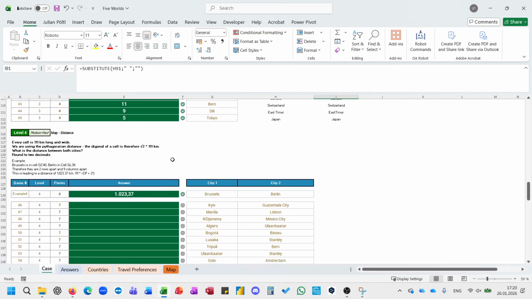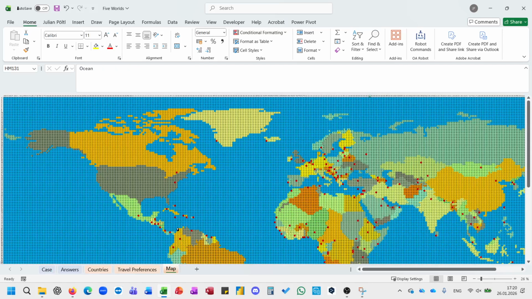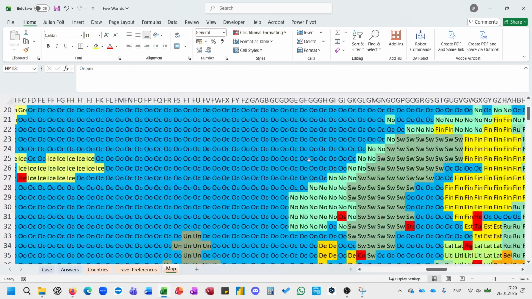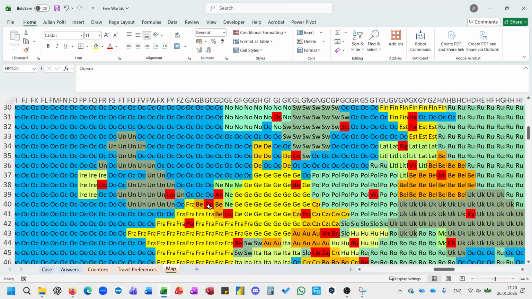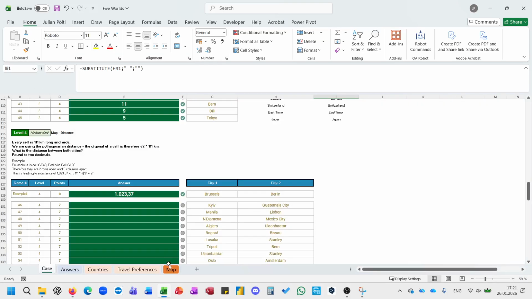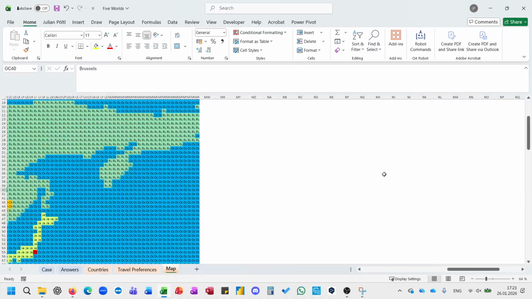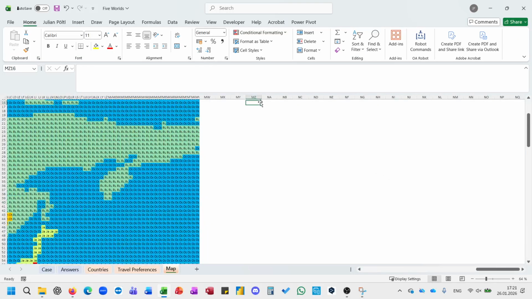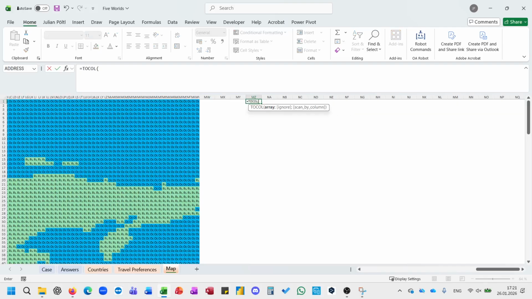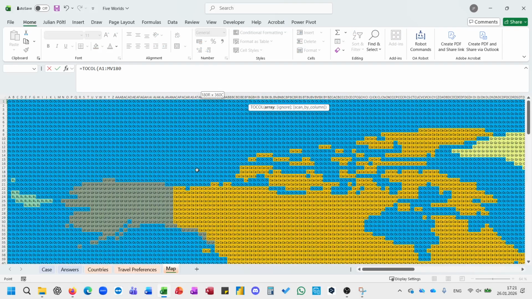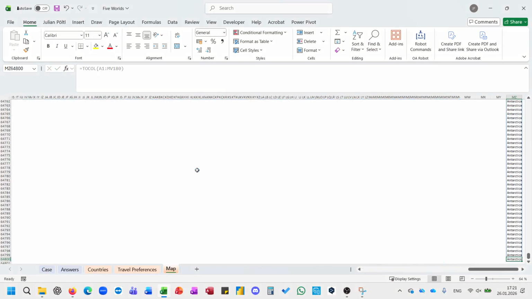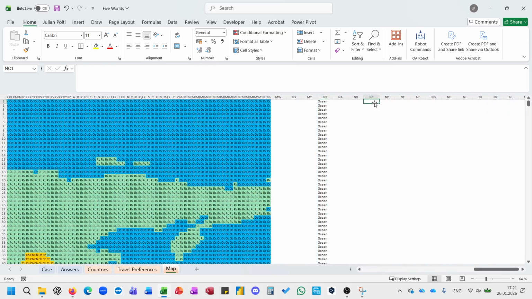So map distance. We want to calculate the distance between both capitals, and the capitals are here on the map. So for example, let's zoom in here. Brussels is, for example, in GC40. And you might ask, how do I get my capitals out there? And I show you the technique here. So first, I flatten the map with TOCOL. It's then getting a single column. And then I'm creating a separate map